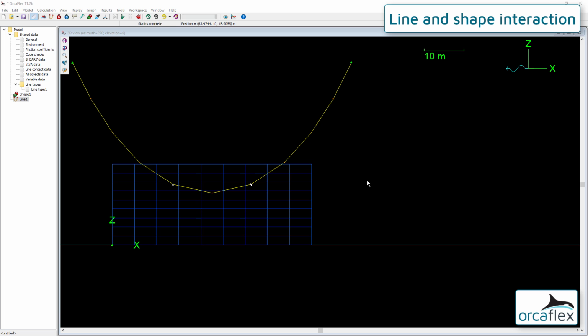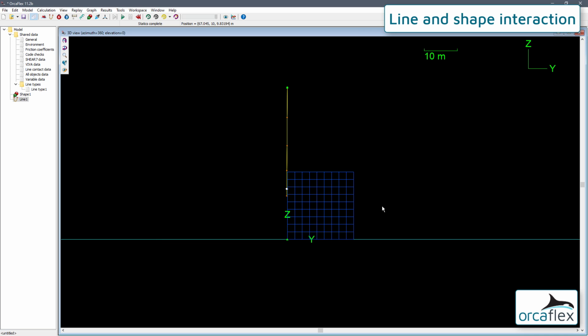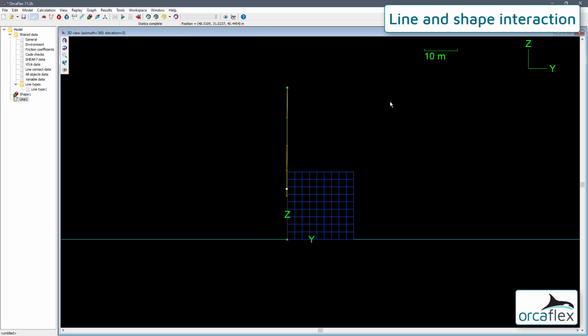There's an error we have made here which only becomes obvious when we change the view orientation. Control Q rotates the view by 90 degrees, at which point we can see the block has not been positioned correctly in the Y direction. The line is hanging at the back side of the shape. We'll reposition this by setting a Y value for the shape of -10.